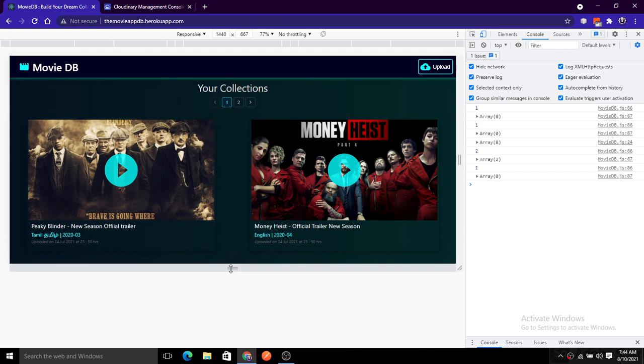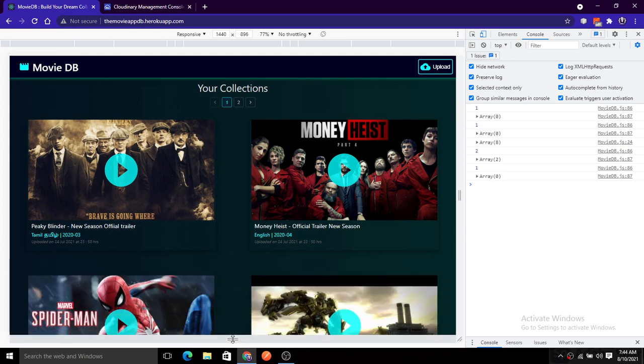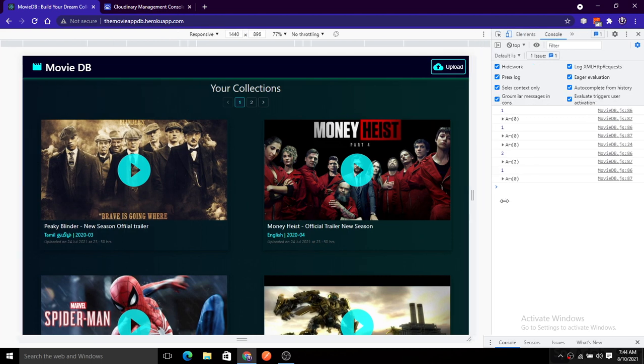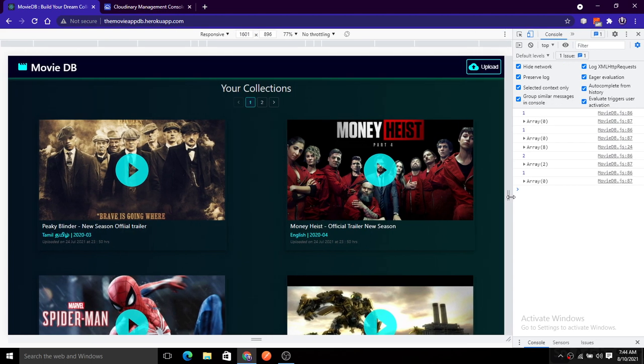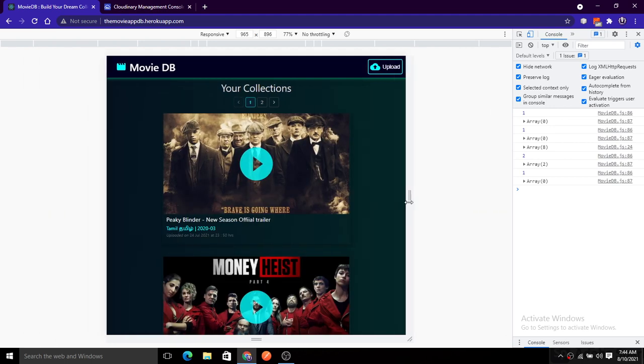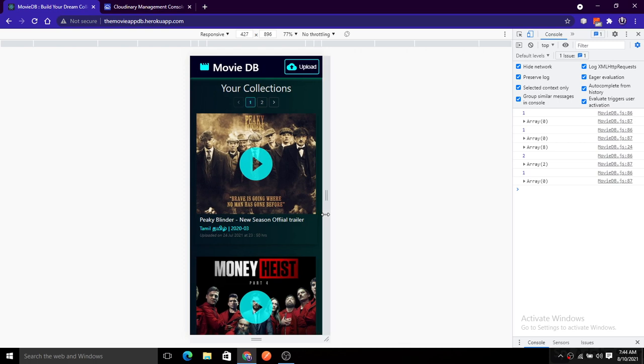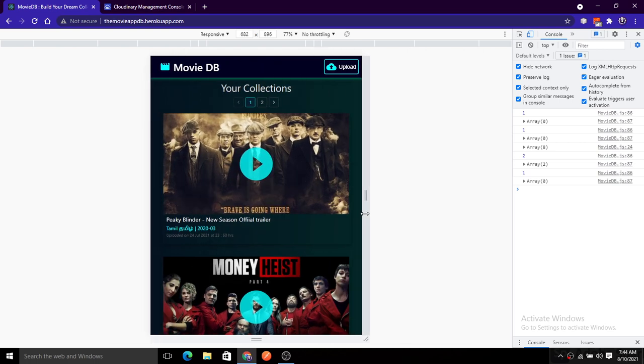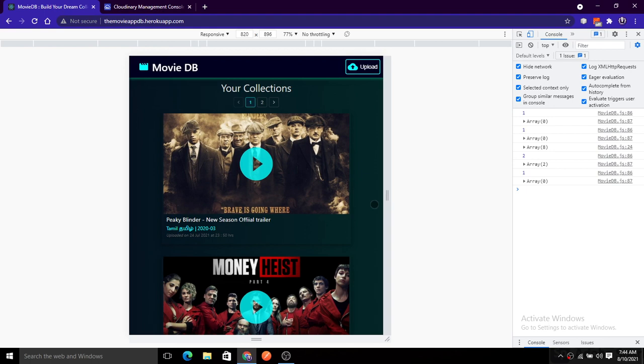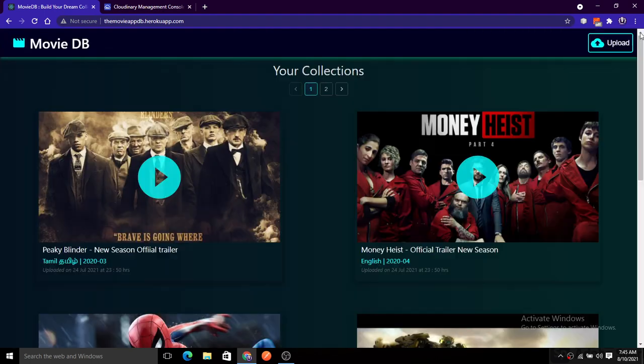So if it is larger than a screen of 1800 pixels in width, it will break up into a grid view of 2 by 2. So this is a fully responsive design, and you can see there is nothing breaking or anything like that in this design. So this is the UI part that we have covered, and now let's go back to our main part, that is the functionality of this. So let's sum up the functionality of this application first of all.